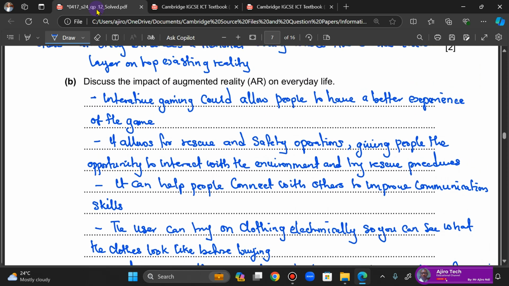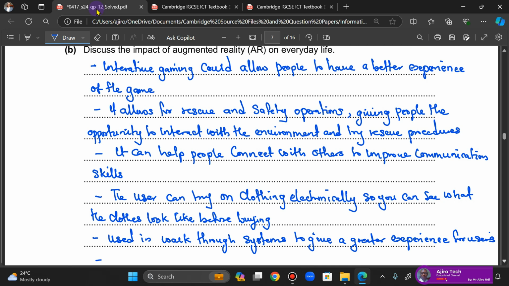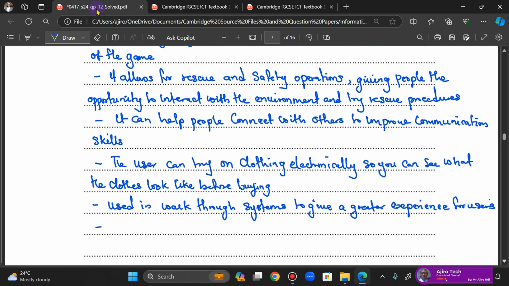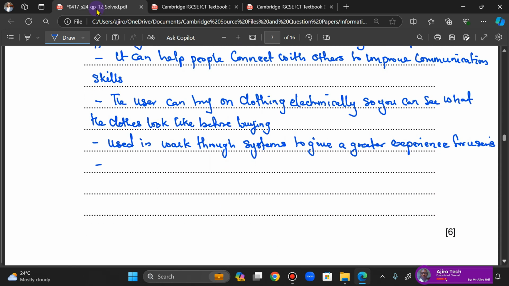impact. So what we're talking about is the impact, we're talking about discussing the impact. We're not only talking about the positive, we're also talking about the negative. So you have to take note, right? I've not talked about the negative, okay. So let's talk about the negative. So for negative, it can